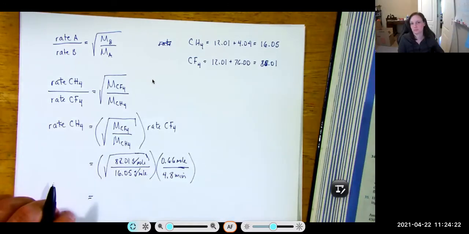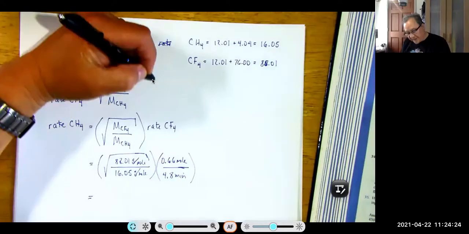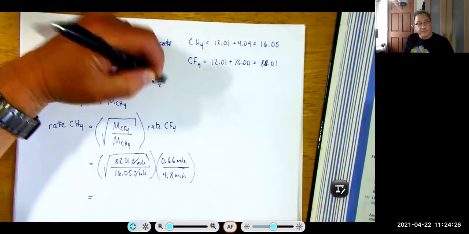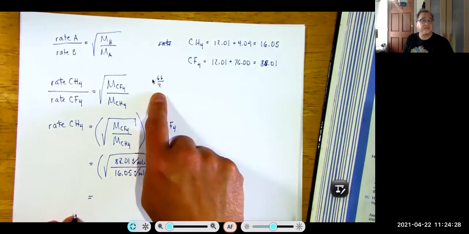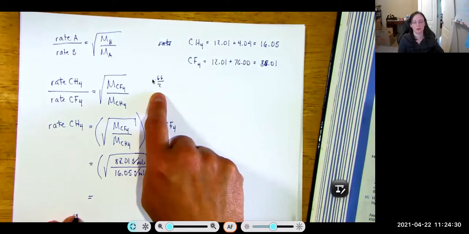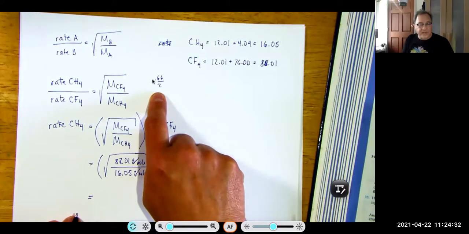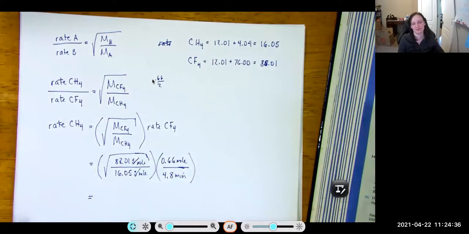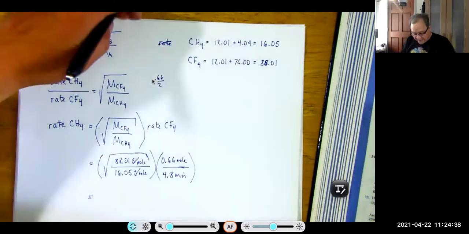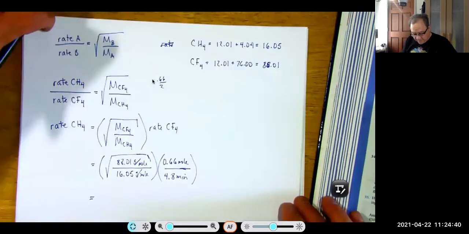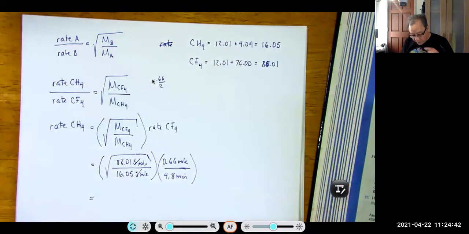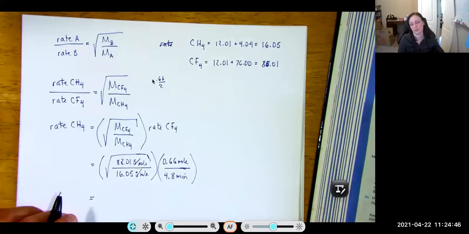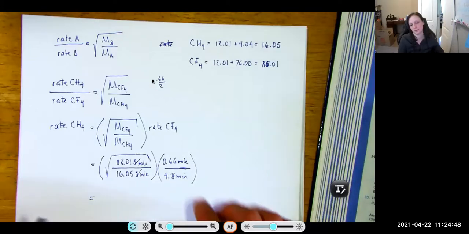1. 0.66 divided by 2. Oh, so it's going to be smaller. So 0.33, yeah, 0.33. And we said that it should be 0.33 moles per minute, right? Yeah. And here's what I'm going to do is